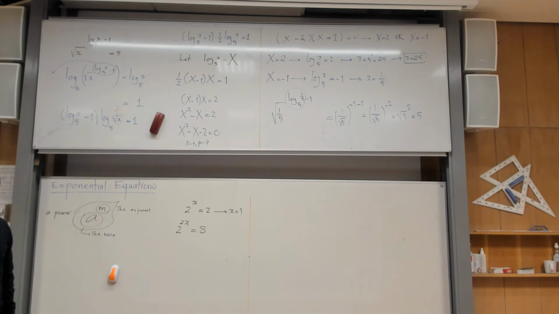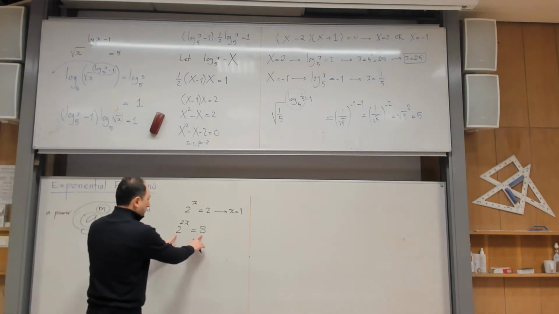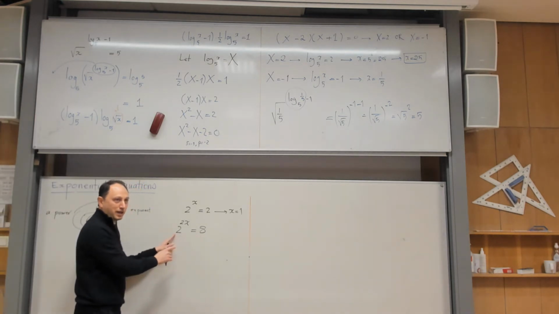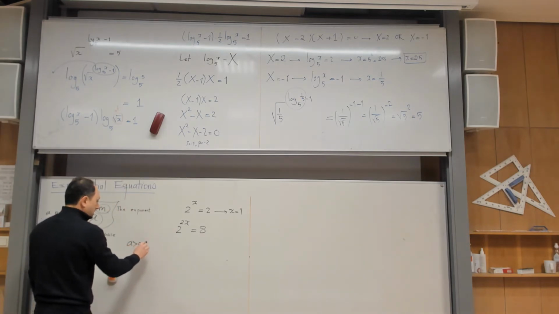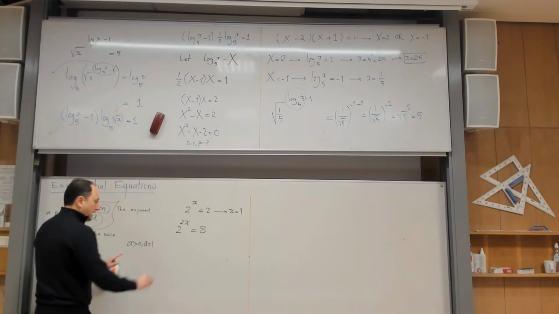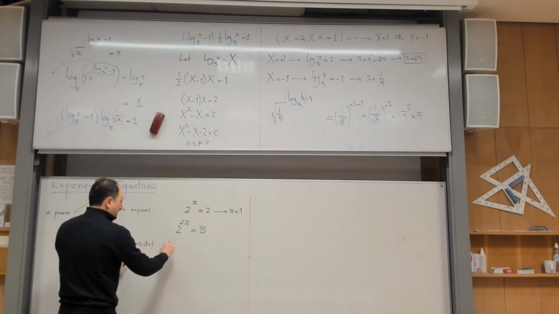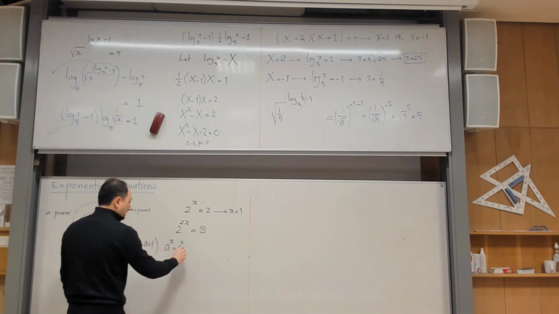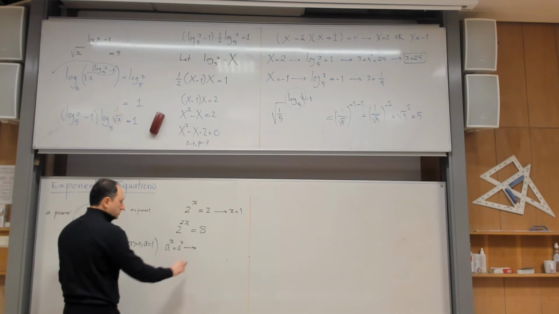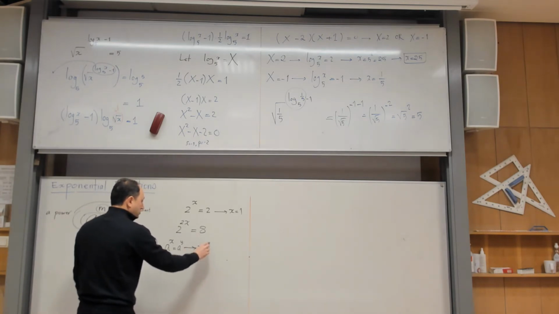What you need to do is write both sides with the same base. So if a is positive, and a is not equal to 1, and someone tells you that a to the power of x is equal to a to the power y, what can you conclude immediately? x is equal to y. So that is the general strategy,